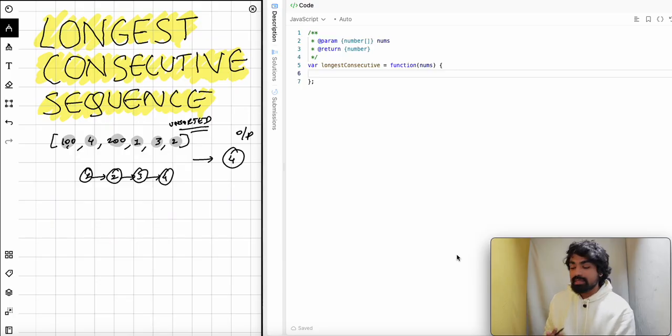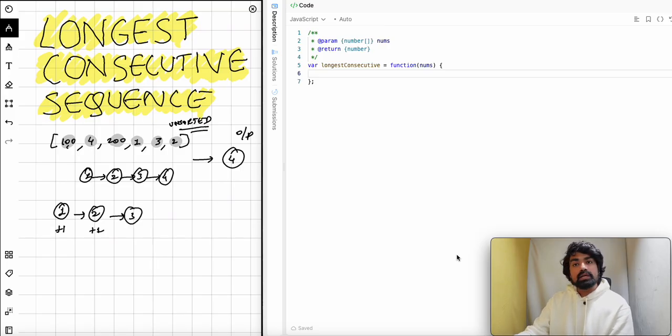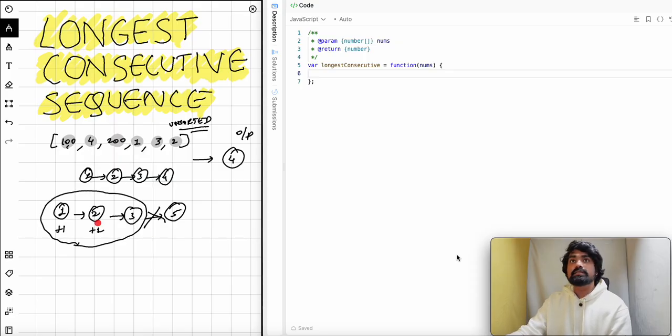What does consecutive sequence mean? Let's say you have 1, you add 1 to it, you get 2. 2, you add 1 to it, you get 3. Now this is a consecutive sequence. To your current element, if you add 1 and then you get your next element, this is a consecutive sequence. Now to this element you again add 1 and you get the next element, which is 3. This is still consecutive. Now let's say you have 5 here. This is no longer consecutive. So you will just have this 3 as consecutive sequence, and there are 3 elements, so it will mean